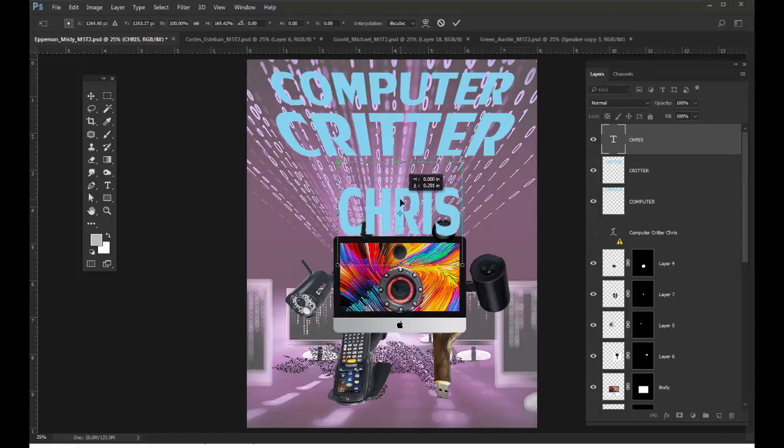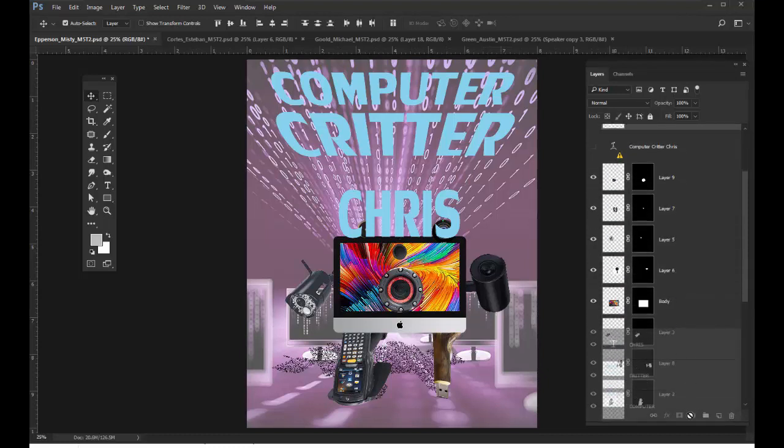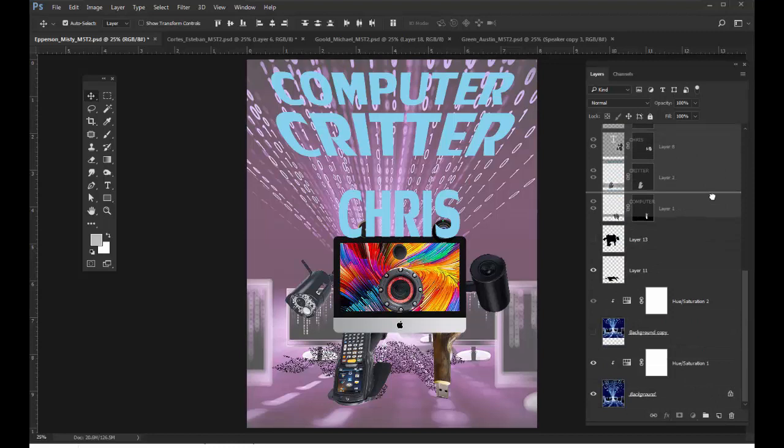Yeah, maybe that'll look interesting. I don't know. Have fun with it, you know. Okay, and then hit Enter, and then I'm going to drag all 3 layers down, so it keeps a little more organized here. And then I'll put this right underneath the bottom